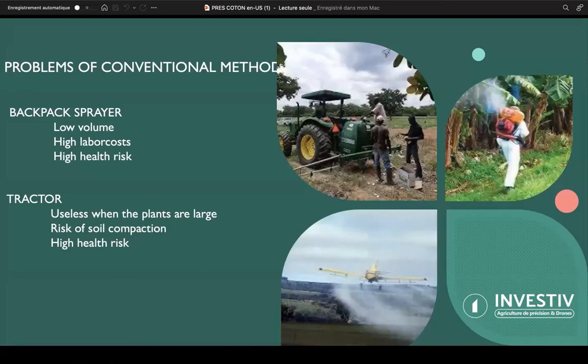Also, the labor cost is very high. You will compare, like you will say, oh, drone services can be high cost, but if you want to spray with a backpack sprayer, for example, 4 hectares, in the same time as a drone, or maybe more, or maybe in 2 days or 1 day, you will have to use many people, and those people you will pay them, and sometimes it's higher than